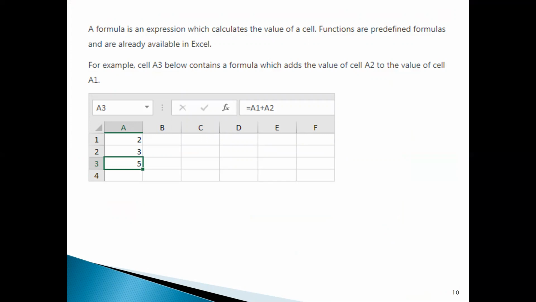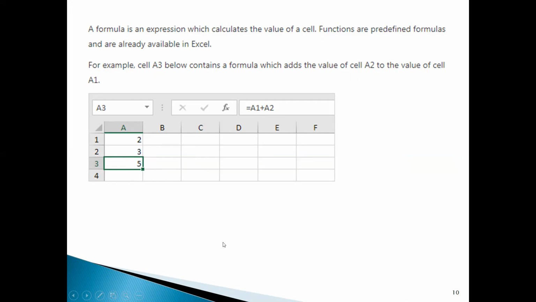Now Excel, you know, is a combination of rows and columns. For example, I have taken one example here. In the cell A1, I have the number 2. In the cell A2, I have the number 3. And then in the cell A3, I have taken the addition of both these numbers. I've written the formula in the cell reference box, that is equal to A1 plus A2. So this will generate the output in the cell A3. So this is regarding formula in Excel.